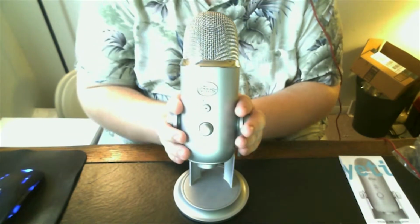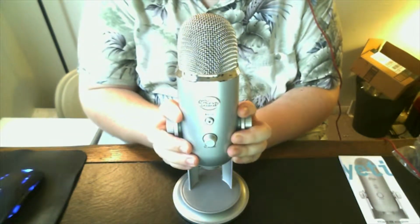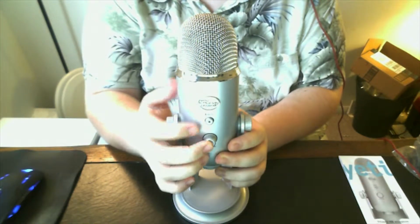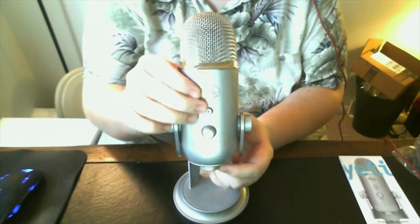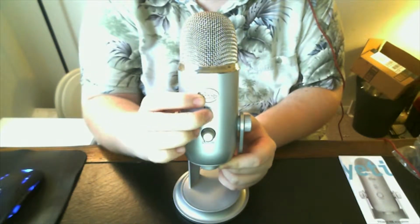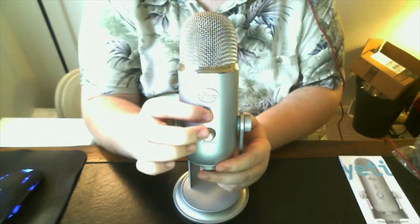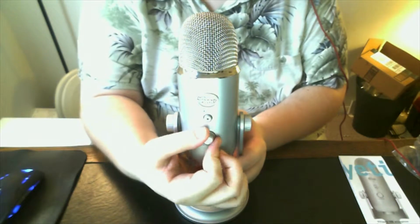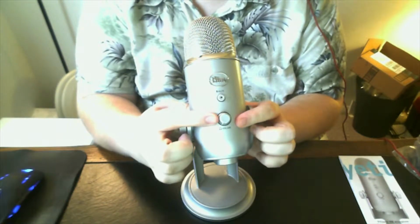So here we go. The Blue Microphones Yeti. On the front, we've got our power button. Got the volume. Now that's mute. That is not a power button. That is a lighted mute button. That's what it is. And it doesn't click, it's actually a button. Kind of like, think like an N64. Got volume here,